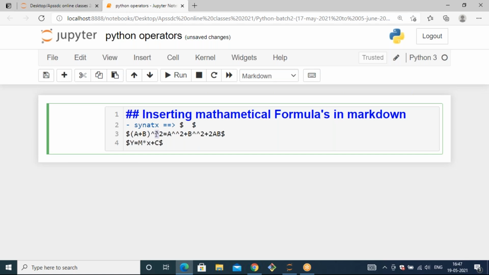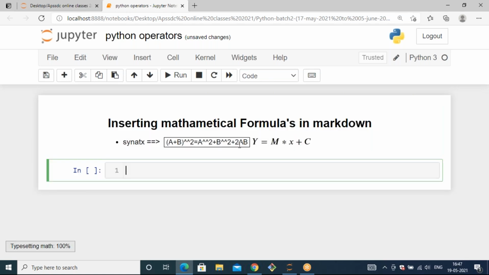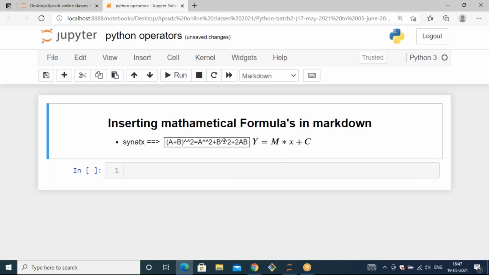So it is mandatory to pass the to-the-power value using the cap symbol. Two cap symbols represent a to the power of value. A single cap means it's just like normal text; it will not be considered a to-the-power value. So whenever you want to do to-the-power operations, you can use double caps. Now try to run this cell. For running, you can use Shift Enter. Now you can observe the entire formulas are converted into mathematical functions.